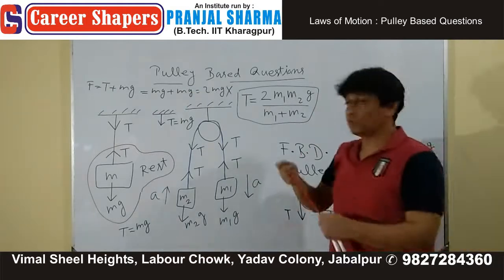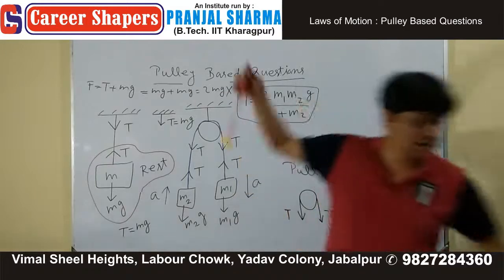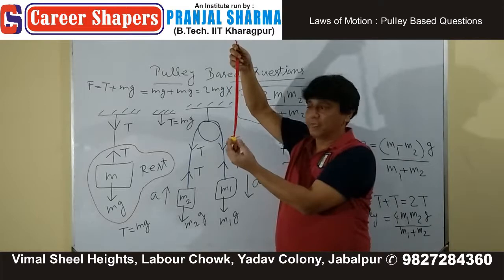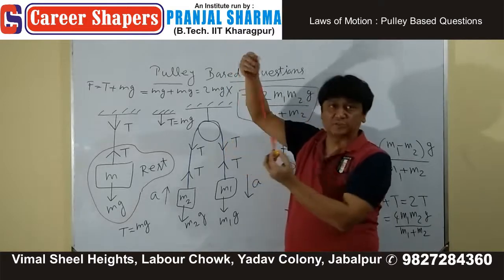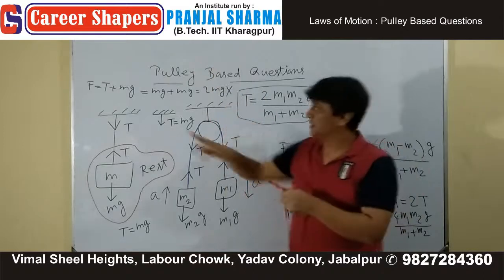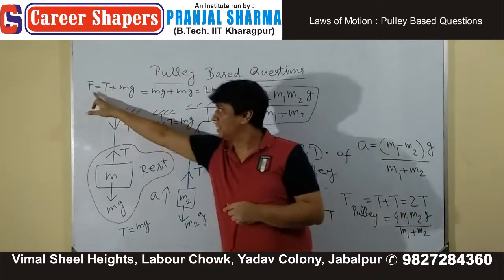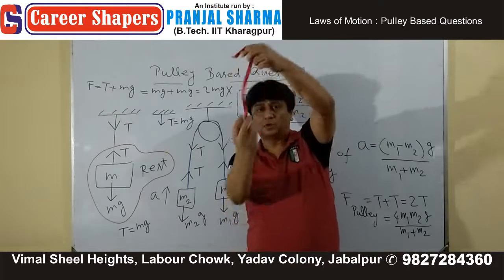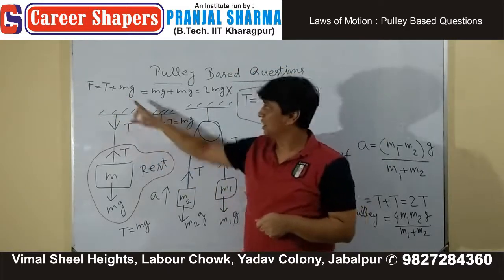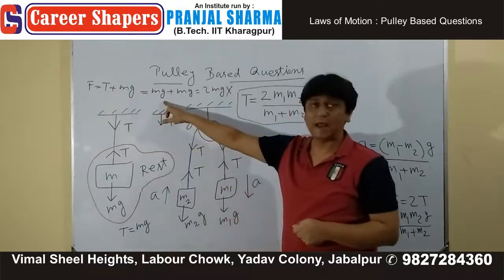Which is not correct. Why? If I say that I am holding this block of 5 kg with the help of a massless rope, और अगर आपने बोला कि हाथ पर कितना फोर्स लगा? एक तो ये वाला mg और एक ये T, दोनों को आपने ऐड कर दिया, T कितना मिल गया, mg,